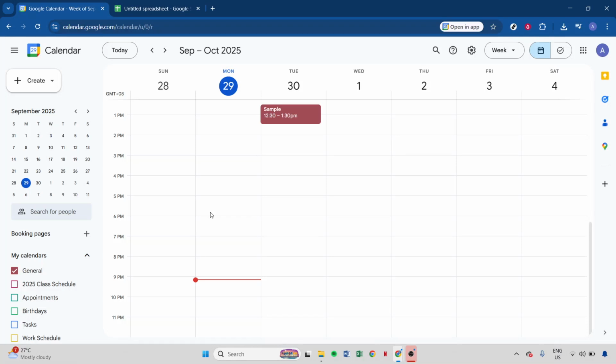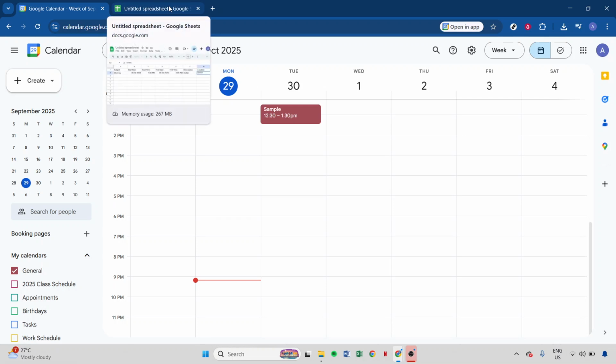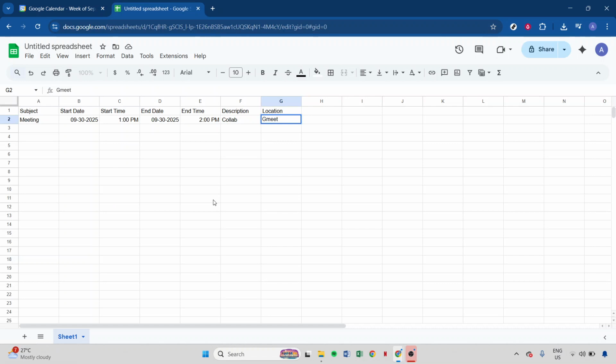In today's video, I'm going to teach you how to integrate Google Sheets with Google Calendar. This is a straightforward process that can greatly enhance your productivity by allowing you to transfer schedule information from a Google Sheet directly into your Google Calendar. To get started, we're going to walk through exporting your data from Google Sheets as a CSV file and importing